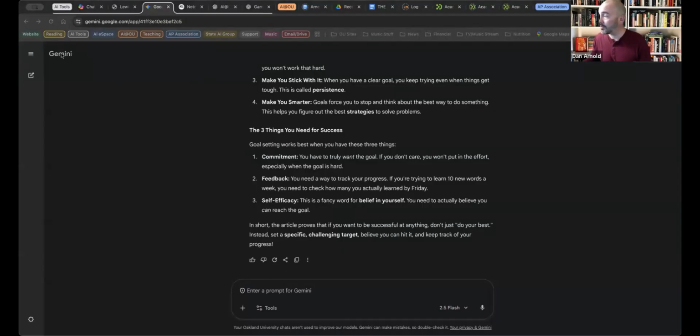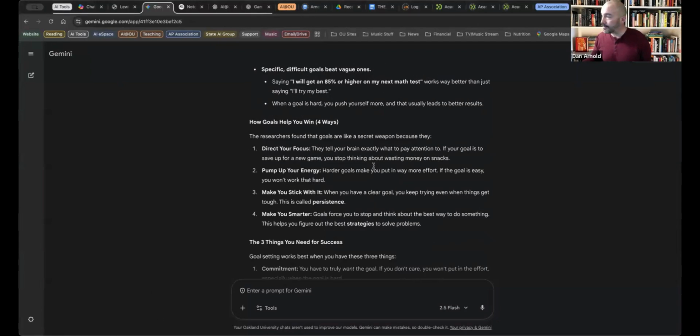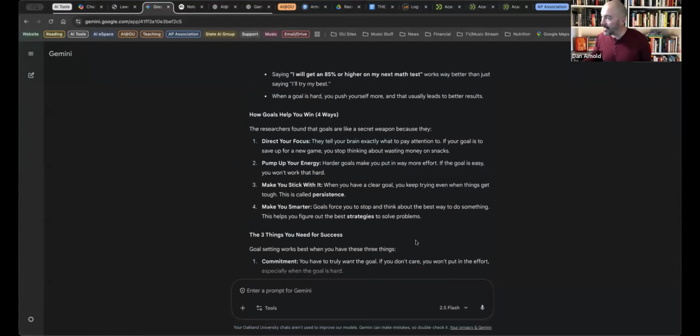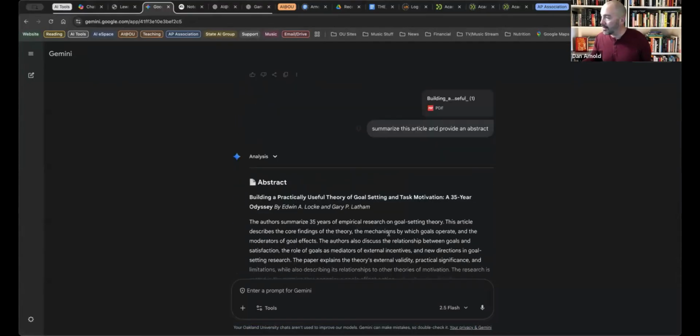Let me pull up a version. Some of the differences you'll notice as well is since we're on the education version of Gemini, it isn't integrated across your Google Drive into your Gmail. That's where I see a lot of really cool, powerful things happening with it. You'll also notice at the bottom that Oakland University chats aren't used to improve our models. Gemini can make mistakes, all that hedging language there. But let's try